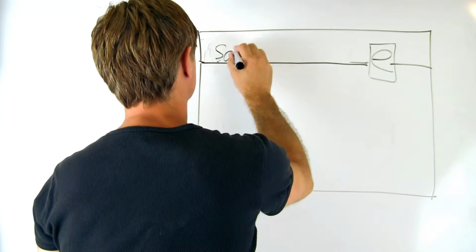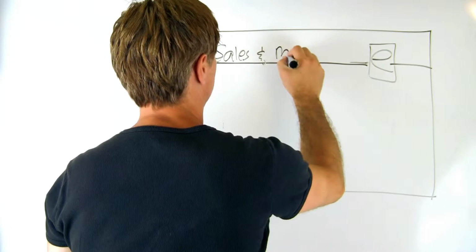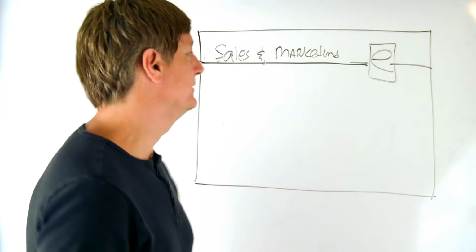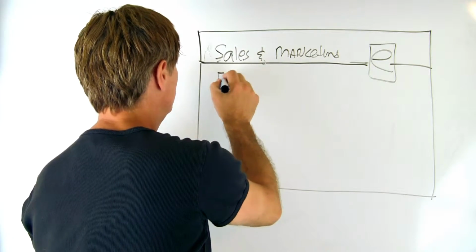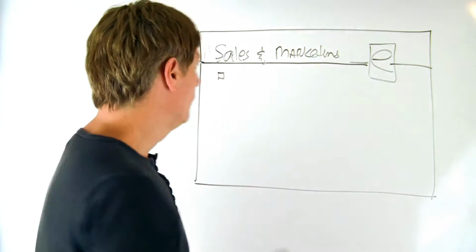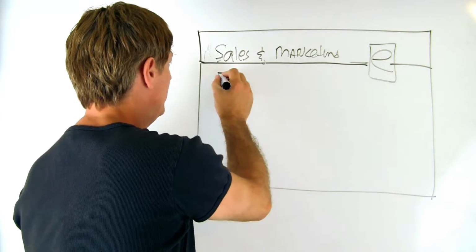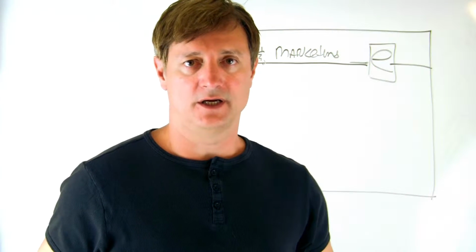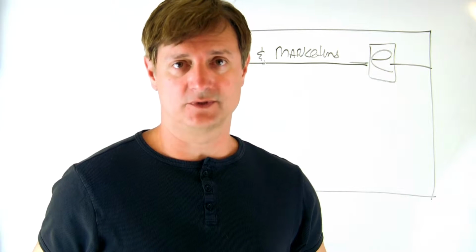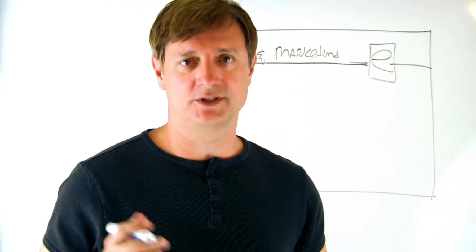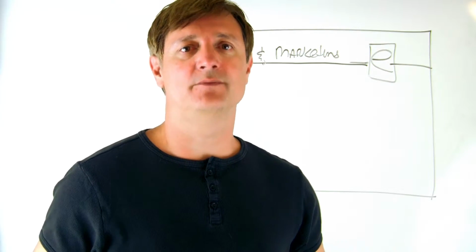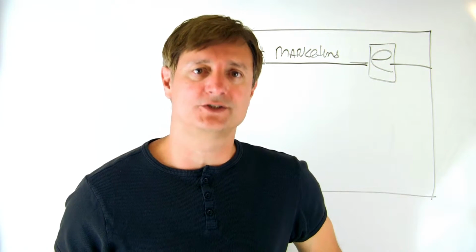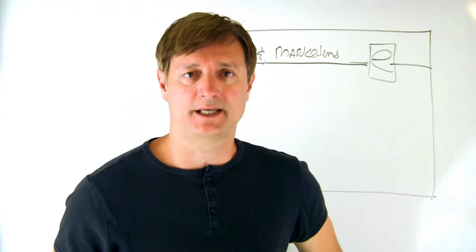So one of the things on your sales and marketing slide, of course, is that you want to talk about the ability to market and sell. One of the things you want to prove to the investor is that you have the ability. Someone on your team has a sales Rolodex that's going to help you launch into the marketplace, and somebody on your team has been successful at incorporating and launching all the marketing campaigns out there.